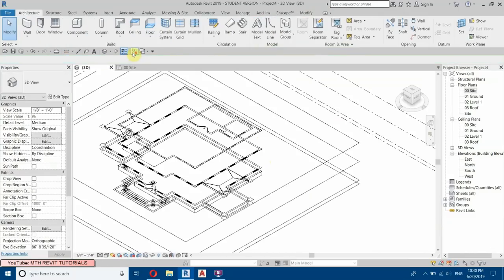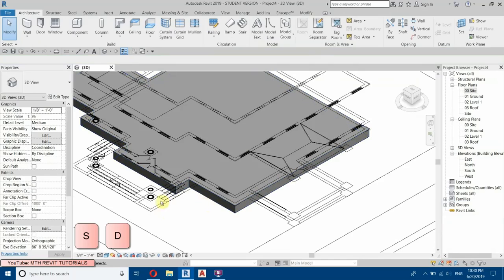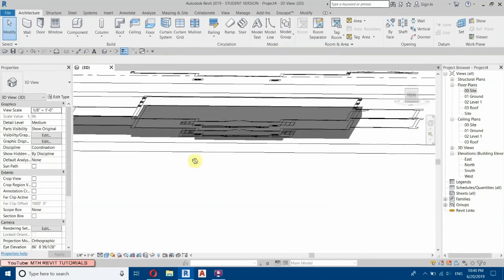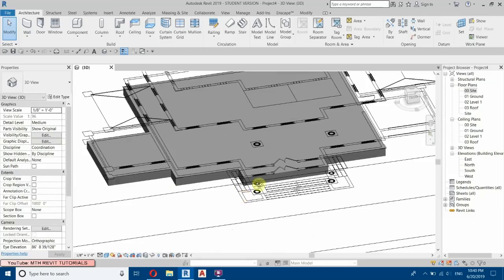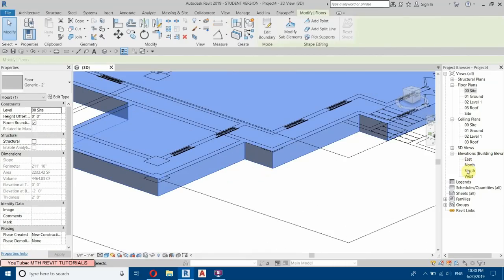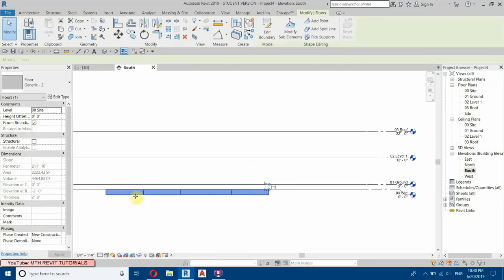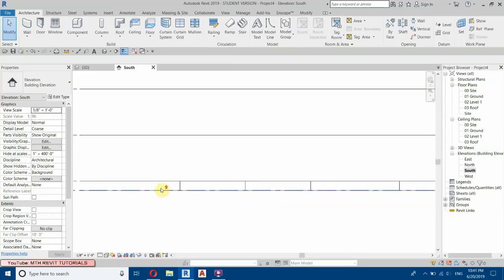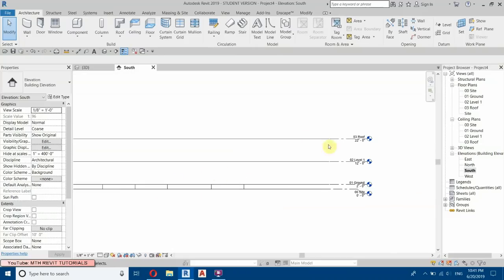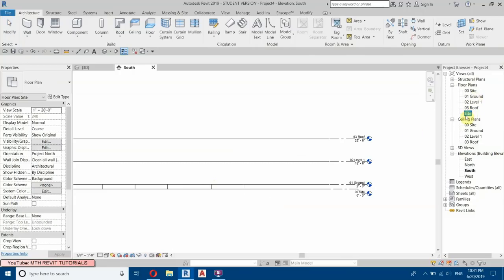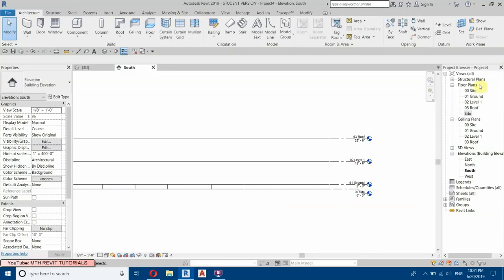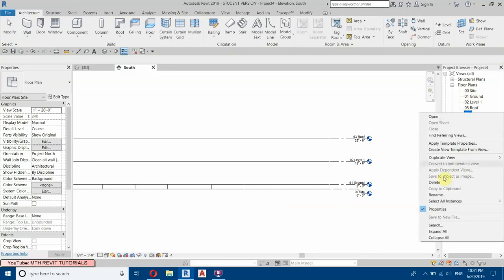And if we go into 3D, you can see we got our floor here, but I think it's not on the correct level, so just select this. And you can see if I go to south, it's down here, so we need to change the level of this. So here you have level, change it to ground, and it's okay now. But here you can see we already have this site plan from Revit, so we will delete this because we have created our own here. So let's right click, delete,